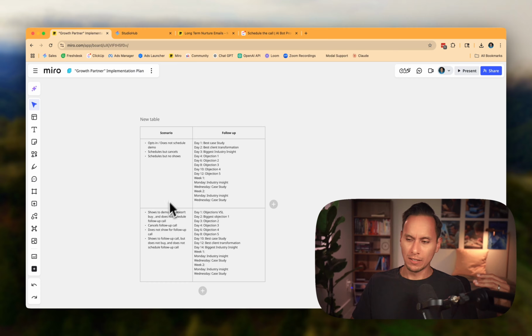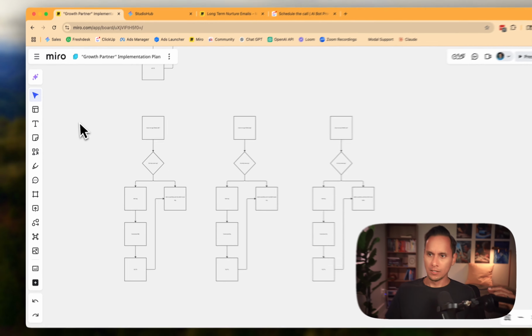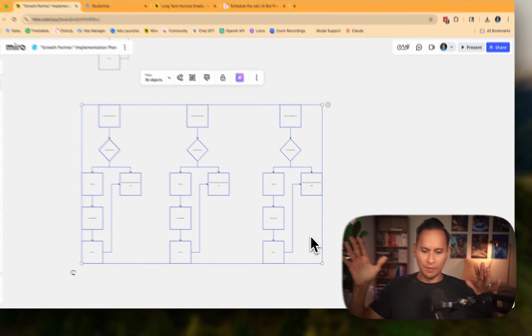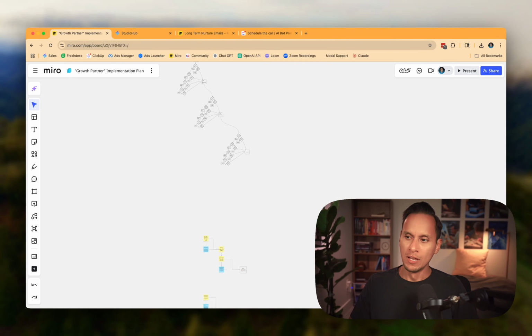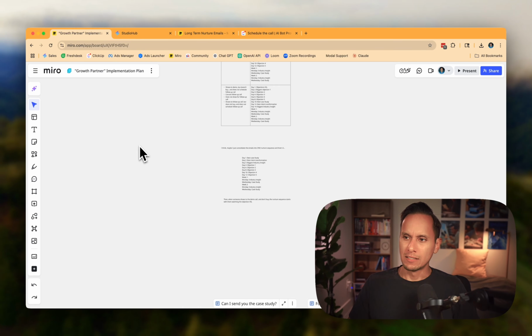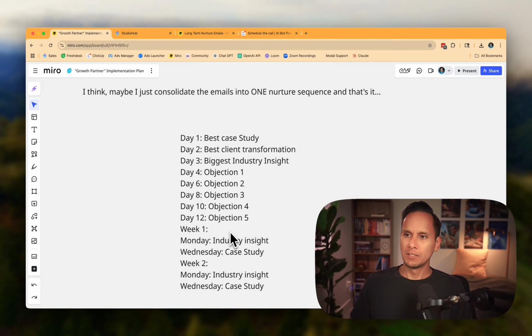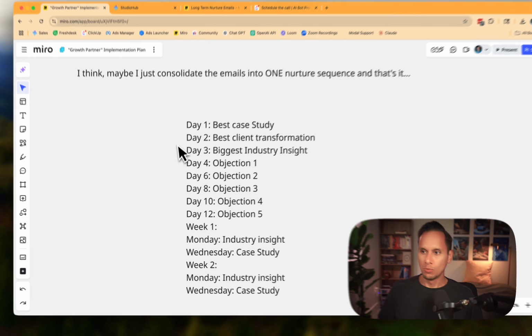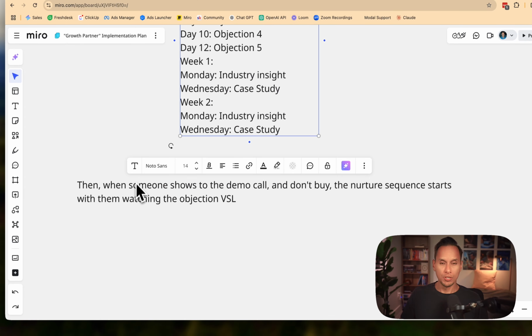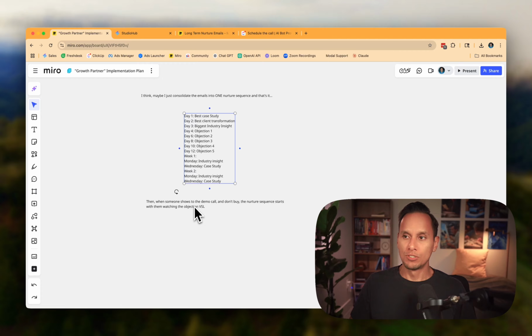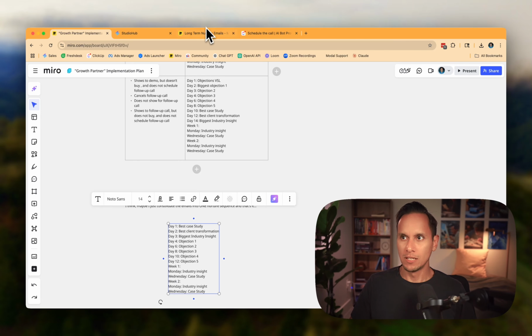Then I thought to myself, do I really want to build out this thing twice for both different paths? One for people who went to the sales call, and one for those who didn't. That just seems like a lot of work, and there's probably diminishing returns there where it's not going to matter as much. So maybe it's just better if I consolidate everything into one path, one nurture sequence, this one, and that's it. And then when somebody shows up for the demo call, the nurture sequence starts at the objection VSL, meaning there's